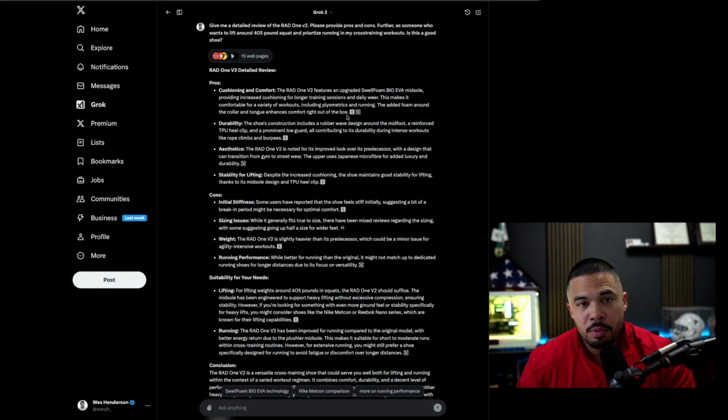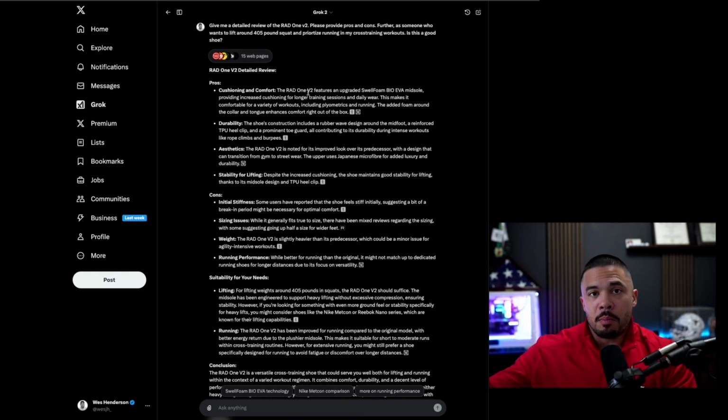And then in each point, so I asked, give me a detailed review of RAD One V2. Please provide pros and cons. Further, as someone who wants to lift around a 405-pound squat, as I've said, and prioritize running in my cross-training workouts, is this a good shoe? Now, it's kind of a leading question. It's not going out in the broad market, because if you ask these models, hey, just give me a good shoe,